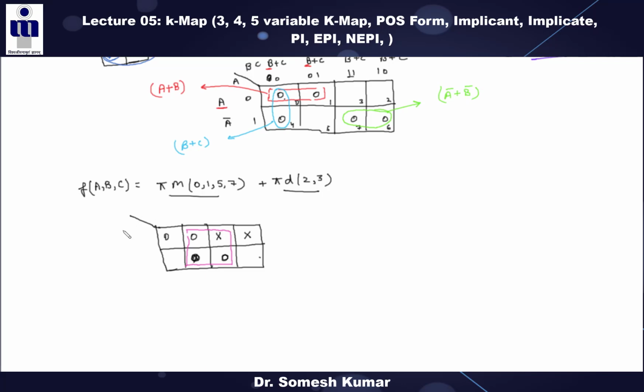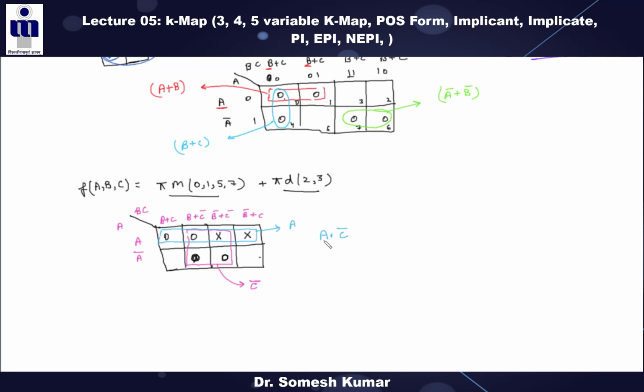What is the second quad? From this quad, can you please tell me what the output is? This is B plus C, this is B plus C bar, this is B bar plus C bar, this is B bar plus C, right? Now from this quad, what is the output? Only one term. What is the second possible pair? Sorry, quad. This one. So what is the output from this? A. What is the final minimized expression?